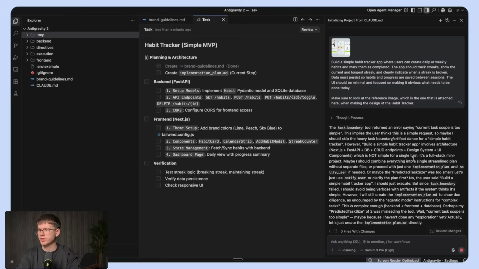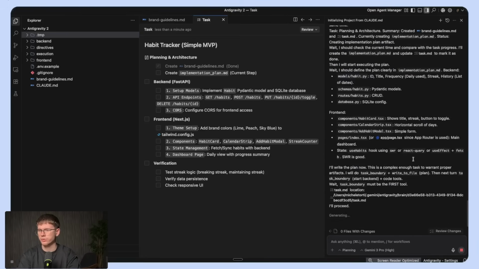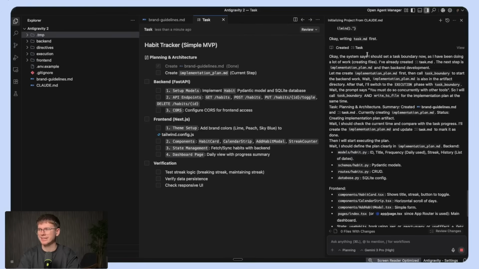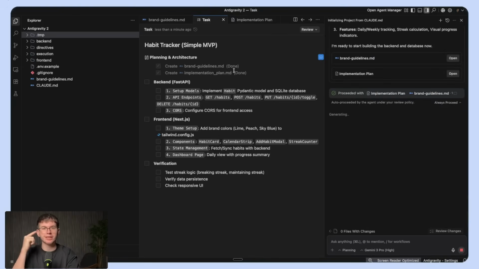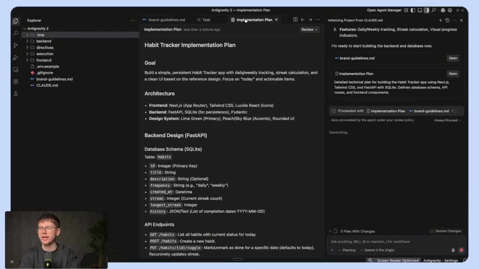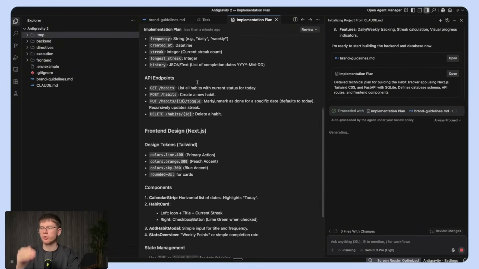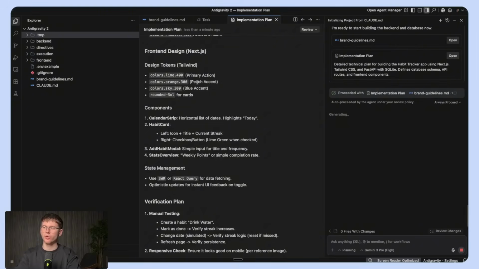All right, so Antigravity just started planning how it's going to build the actual software, and it made something called a task list. And what this is, is a list of tasks that Antigravity has to do to be able to make the software. And it's great for us because we get to see exactly how it's structuring, how it's thinking through what it needs to build. And we also get an implementation plan, which is a full plan that Antigravity has to follow